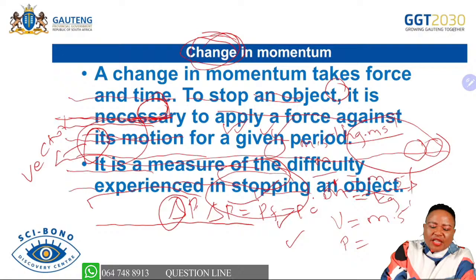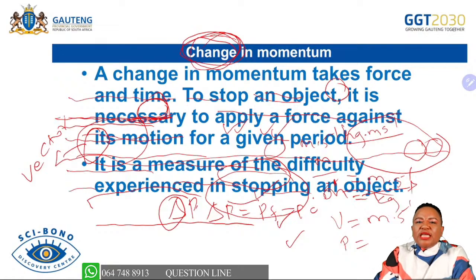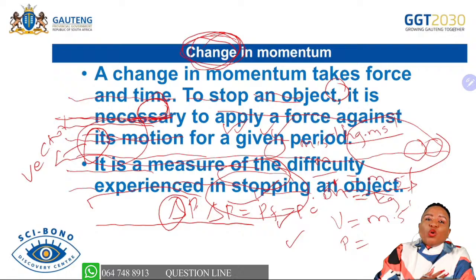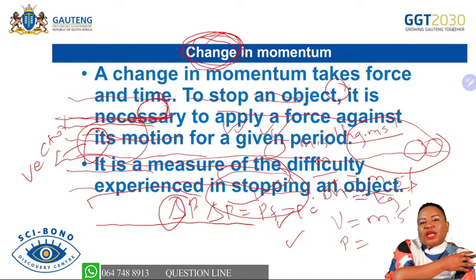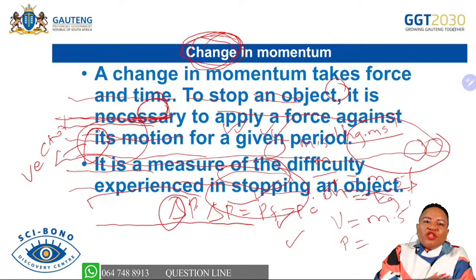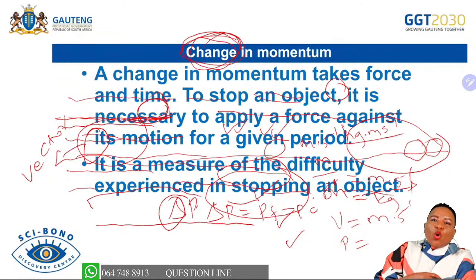So already we have dealt with change in velocity, change in position, and those were the changes that we were looking at when we were dealing with other variables in our lower grades, especially in grade 10 and 11. So also the change in momentum, because this is a new topic that you're doing for the first time in grade 12, the change is still the same, where we say the final momentum subtract the initial momentum. In physical sciences, most of the concepts that we have done don't change. And that is why when you look at most of the calculations, there will always be that integration between the previous grades.